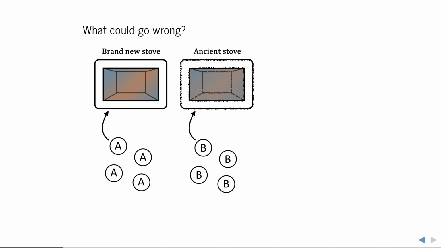Suppose you're growing bacteria under two conditions on agar plates to see if they grow differently, but you put both sets of agar plates in different stoves. Now, any differences in heat transfer between those stoves will bias the results. If one stove is very old and the other brand new, then this bias will be large. But even if both stoves appear to be the same, it is best not to take any risk of bias. Avoiding bias is very simple. If you randomly assign all the plates to the stoves, then there might still be a difference in heat transfer, but now that difference will average out across the samples in each group.